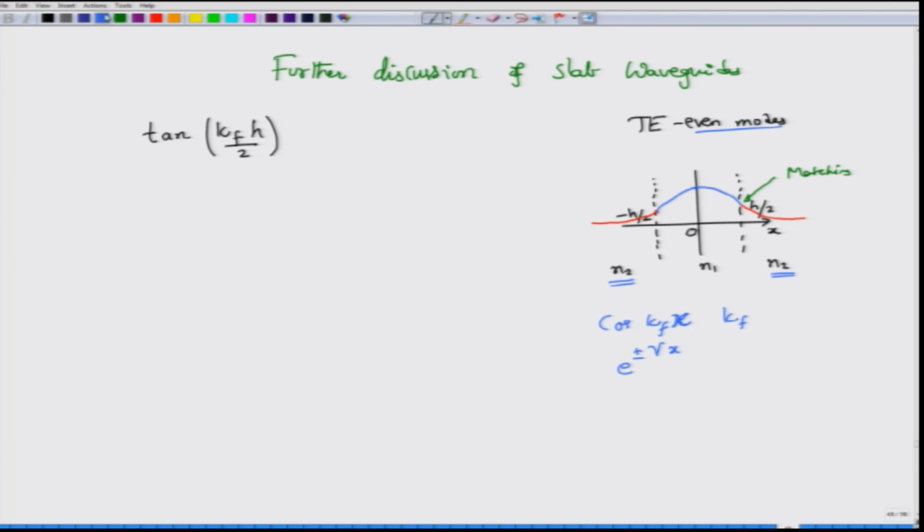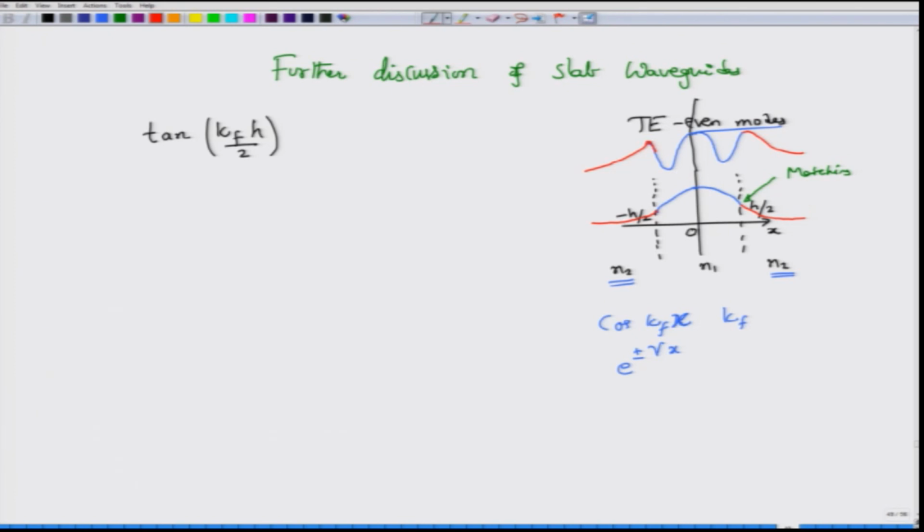Higher order TE modes are equally easy to sketch, or probably difficult to sketch, depending on how good you are with your cosine functions. So, let me try and sketch that one. So, this was half cycle. So, the other solution that might be possible is this one, right. So, in this case I have one half cycle, another half cycle. So, I actually have almost complete cycle here, but then the field must decay outside. So, it is not really going over nicely. So, please excuse that one, but the field outside would still be decaying. Of course, the decay rate depends on what is the value of gamma.